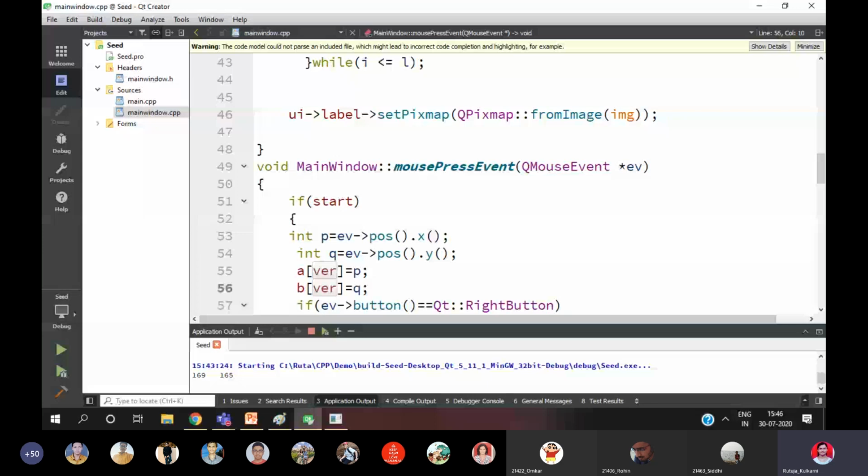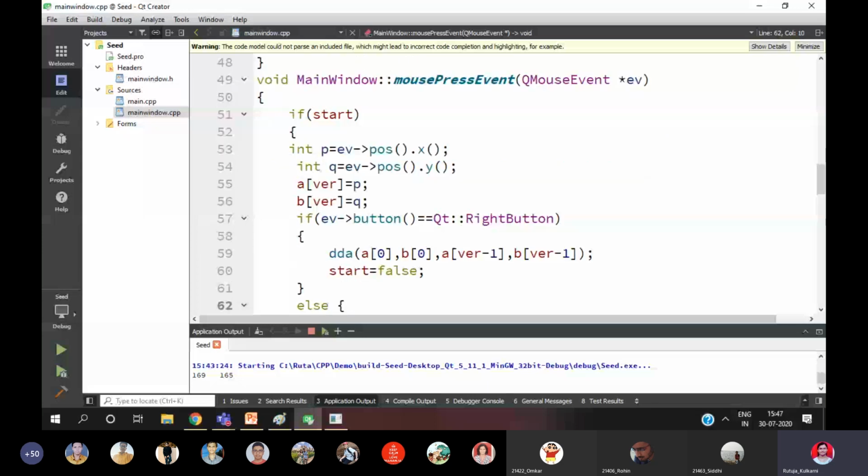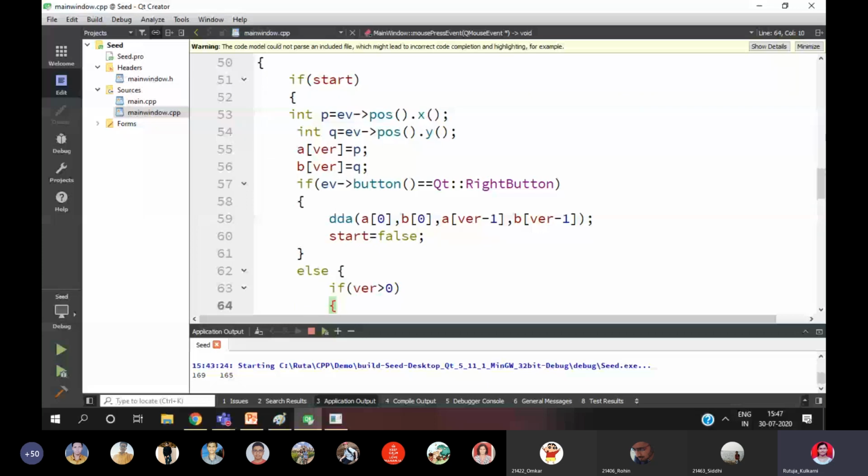Currently, when I am going to close the polygon, as soon as I right click, my first point will get connected to the last point automatically. So that's why I wrote the logic over here. The DDA algorithm is used. A of 0, that is the first point, is stored at 0 index.